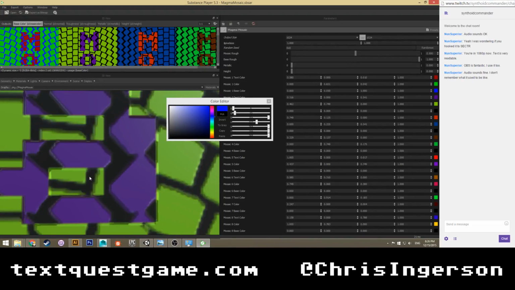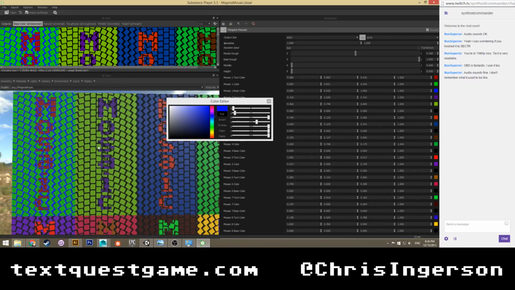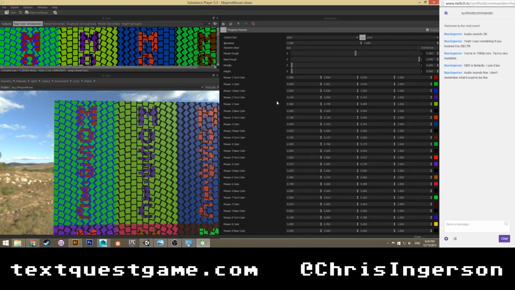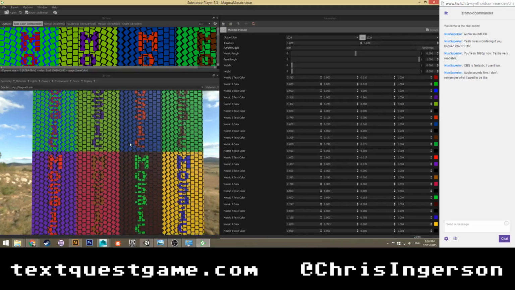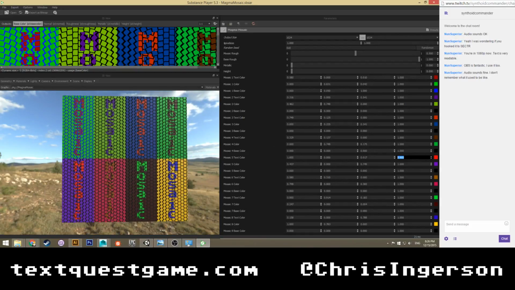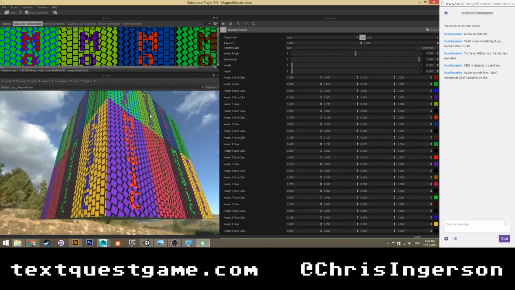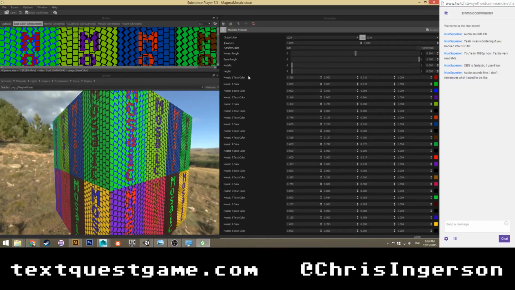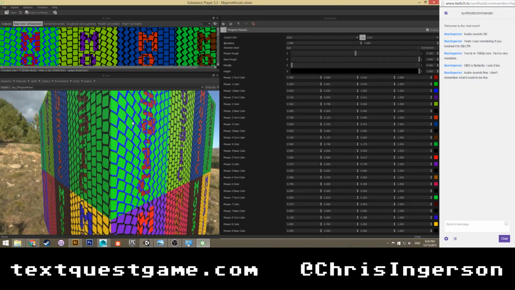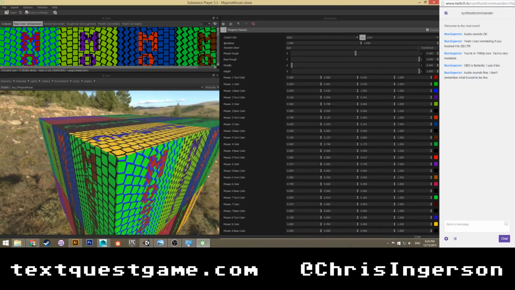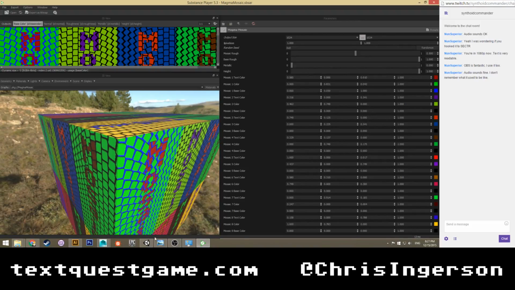You can see that's just our normal map actually. But each mosaic has that customizability. This is also one of the few, or not one of the few. Well, it is one of the few textures I've made in Substance that uses a height map. My only problem with it is that this height map doesn't look like it's doing anything inside of Substance, but when you bring it into Unity, it does.